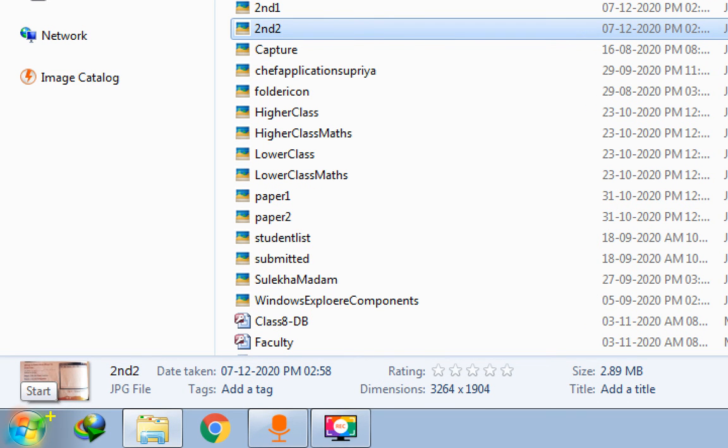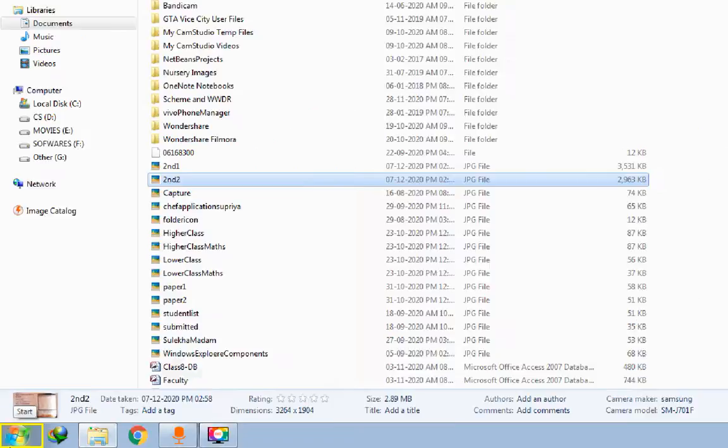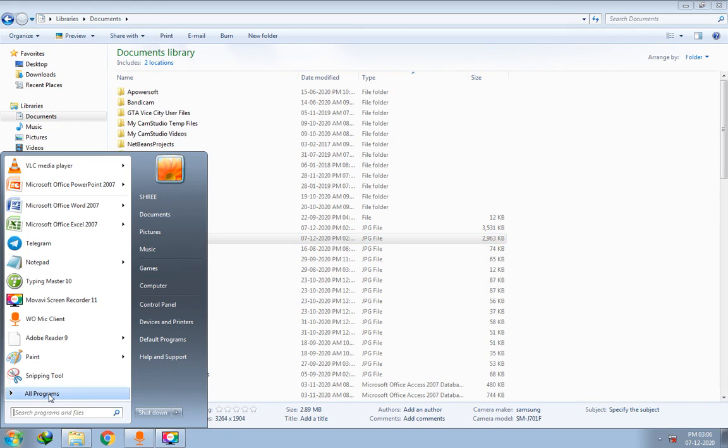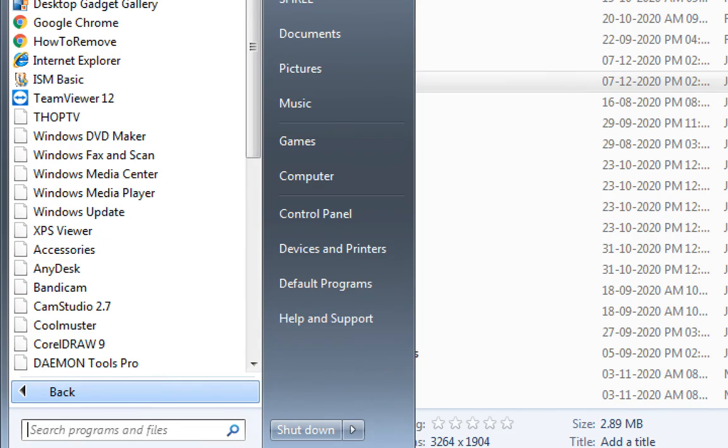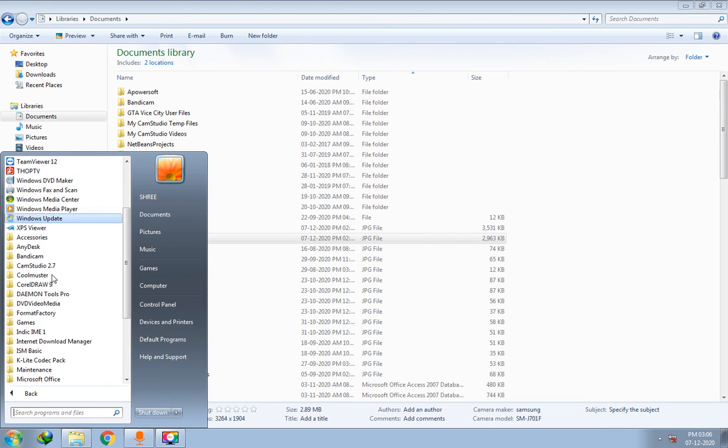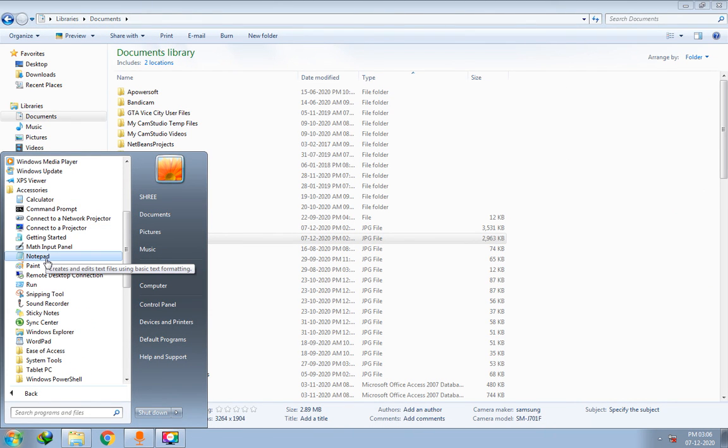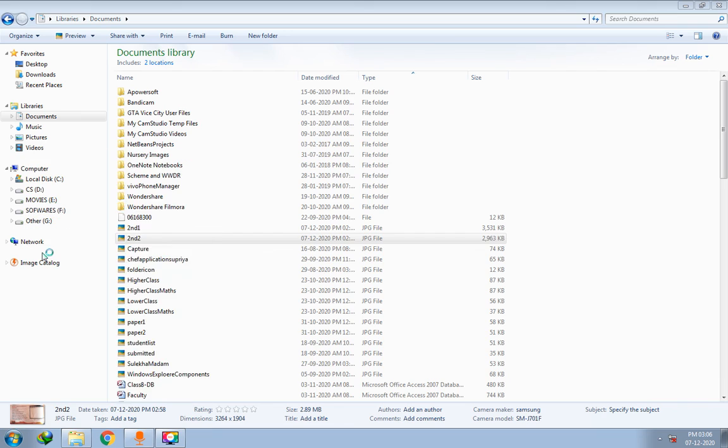Start button, yes, it is here only. Click this, click on all programs, and among all programs click on accessories, and then select notepad or calculator or paint. All the options are available, so I will select notepad.